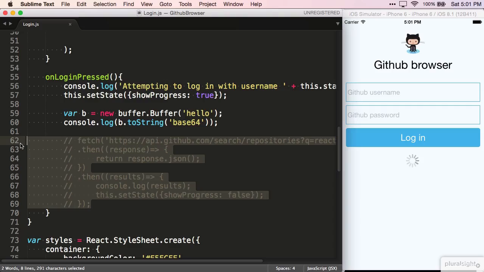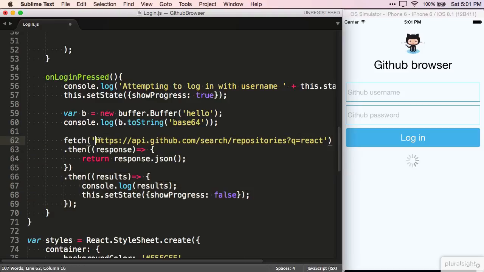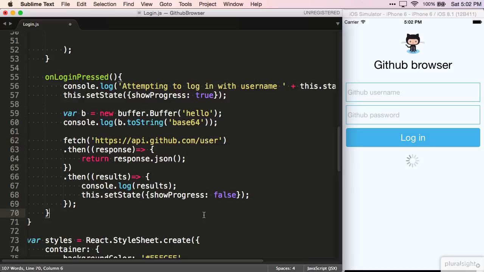Now let's use that to do the basic HTTP authentication. We uncomment this fetch code here and adapt the URL to call the user info route on the Github API. This route only makes sense if authentication information is sent along, otherwise the API wouldn't know what user we're talking